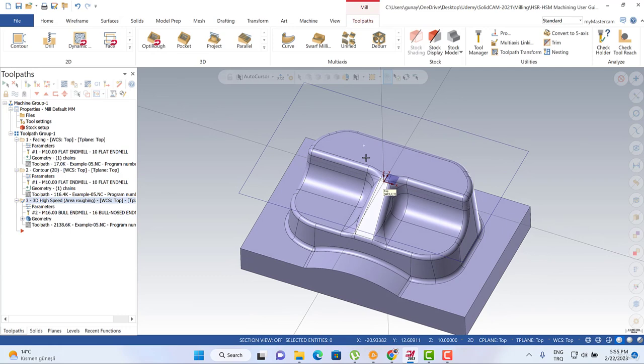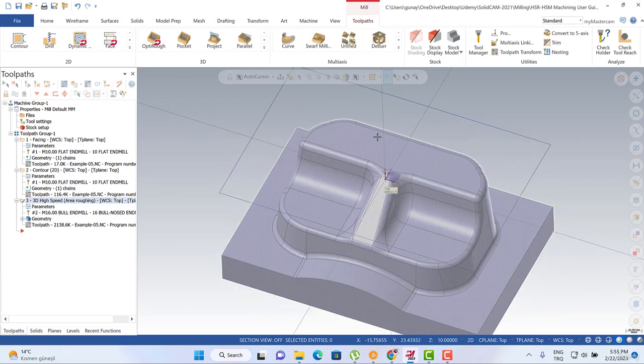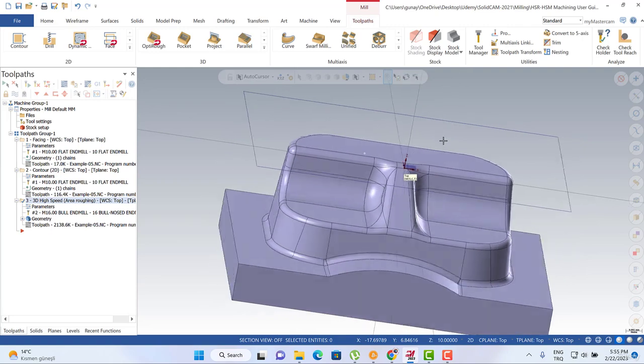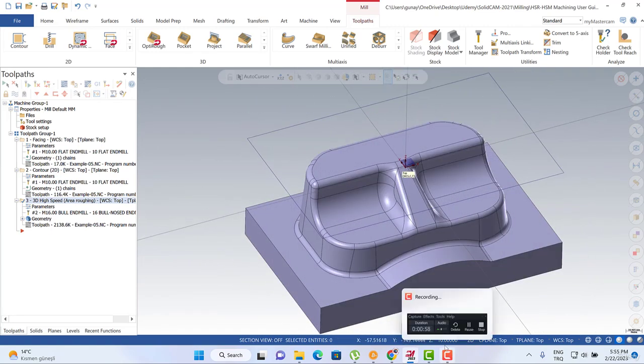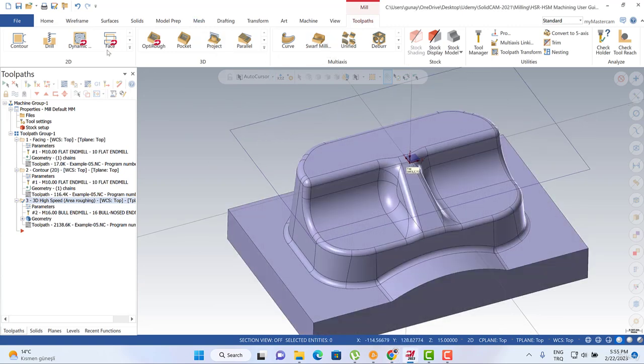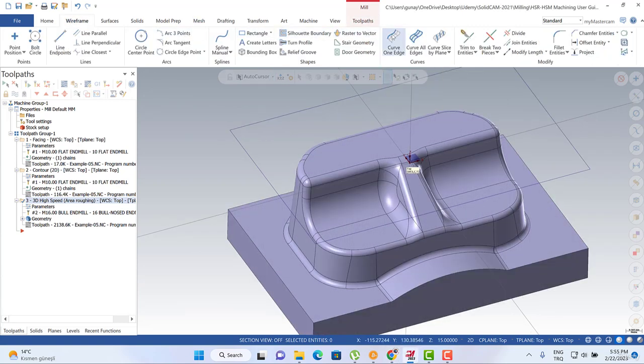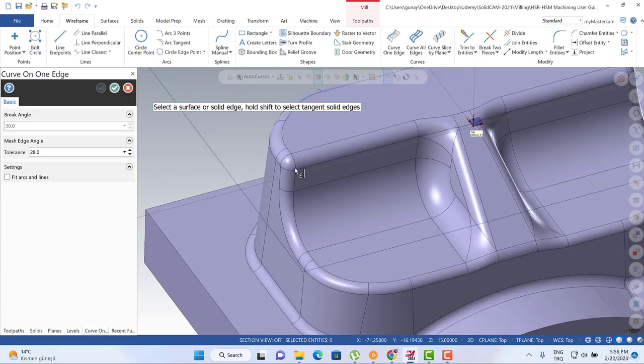To create my contour toolpath, my intention is to create a new boundary here. So that's why I need to change my Z distance, and then I can turn to the wireframe and curve on edge options, and after that we can select